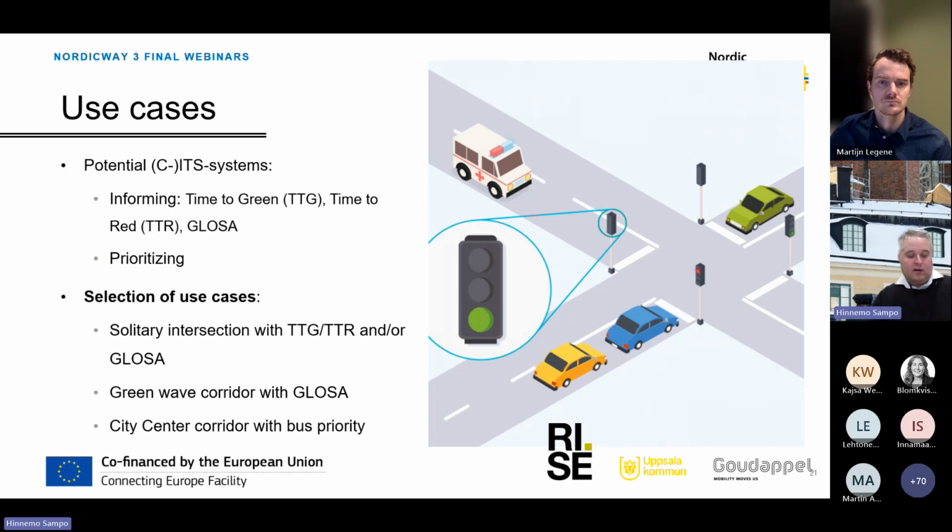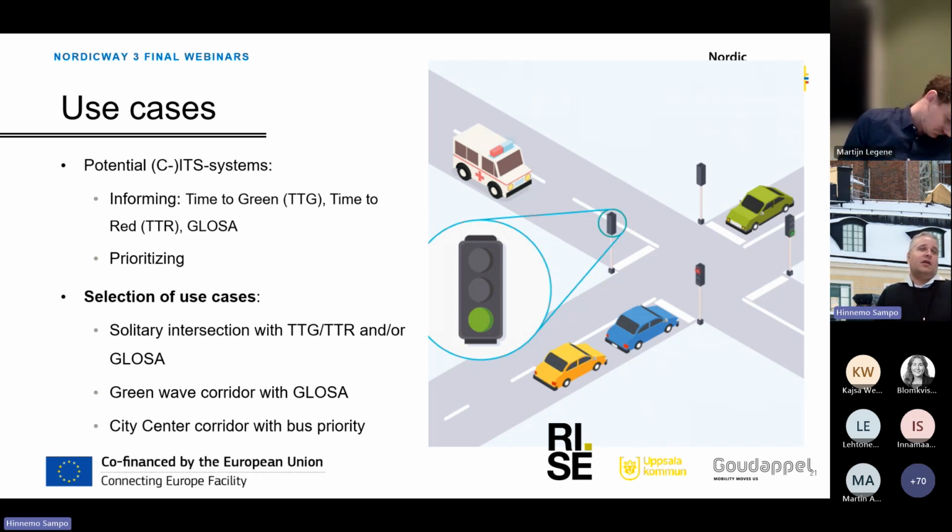One is a solitary intersection south of the city center. One place is a corridor or a thoroughfare east of the city with a green wave. And then in the city center, we have Kungsgatan, that means King Street, where bus priority has been